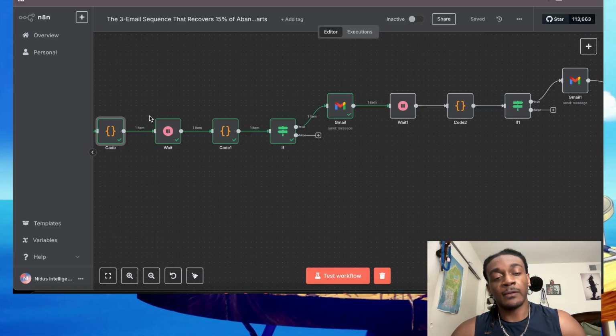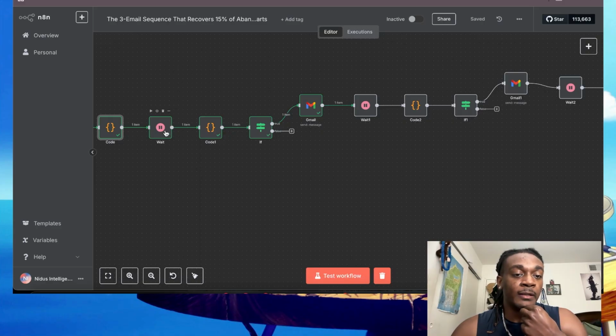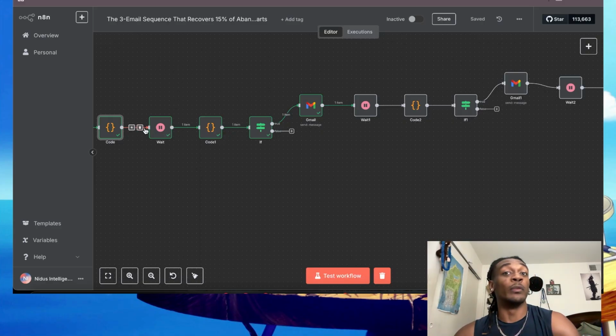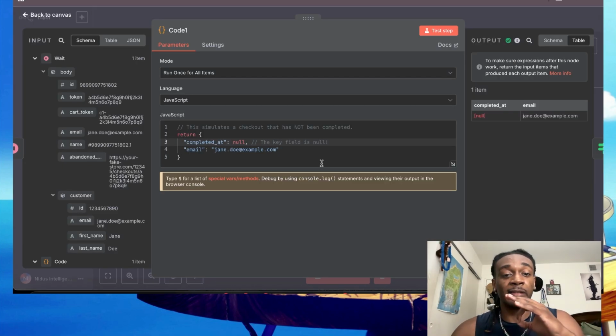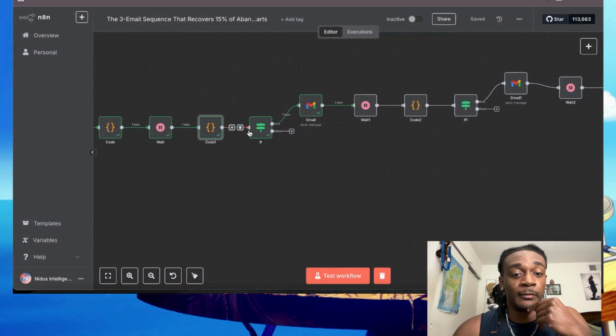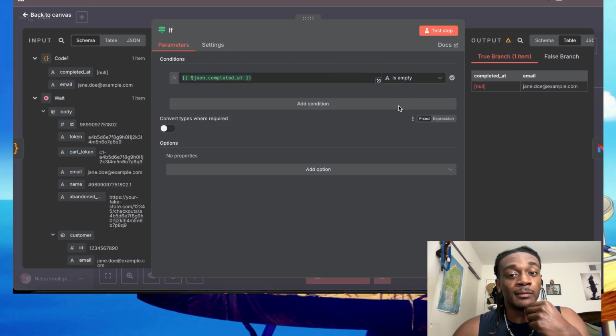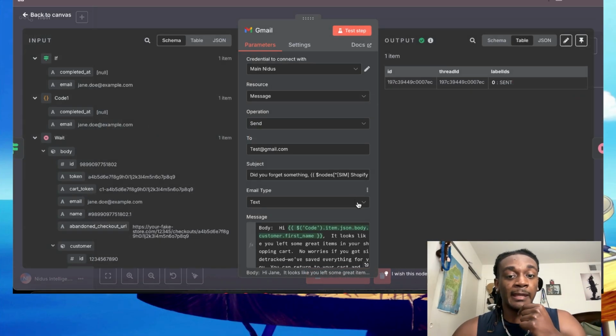How it works is, once an item is added to the cart, after a set amount of time, the workflow is going to check. Okay, let's say after 24 hours, the workflow is going to say, has the checkout sequence been completed? It's going to check for that. And in this situation, it's null, which means that the customer didn't check out yet. So if the completed checkout doesn't have a date and time and it's empty, we're going to go ahead and send them an email saying, hey, you left,